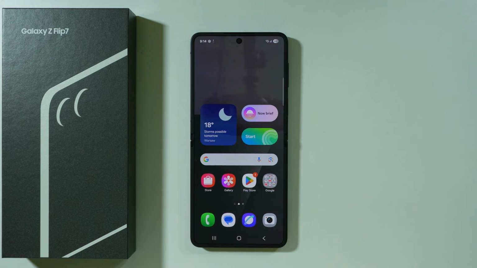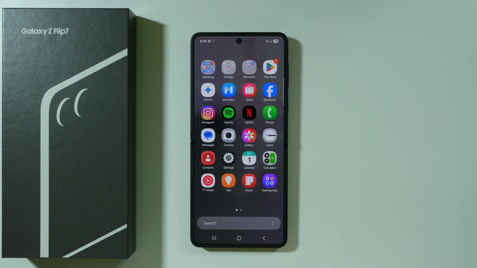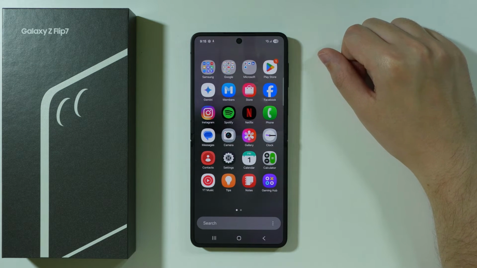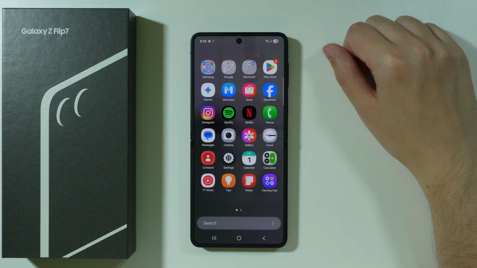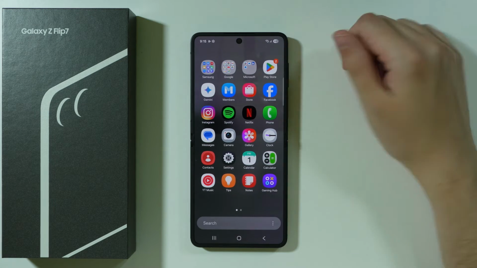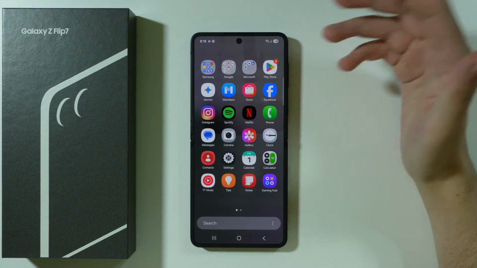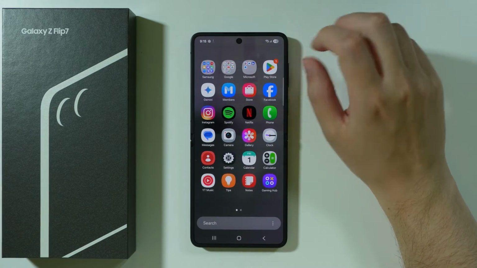If you are wondering if we have bloatware on the Samsung Galaxy Z Flip 7 or 7 FE, then the answer is yes, at least partially, you can say that. If you just go through the initial configuration and go to the app drawer after the first setup, you will notice that you have, of course, standard Google apps, and these are pretty much available on every Android smartphone,